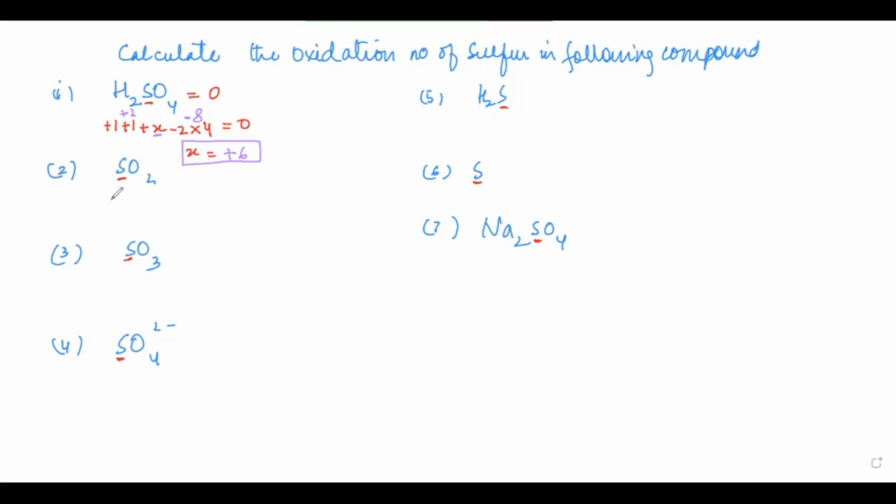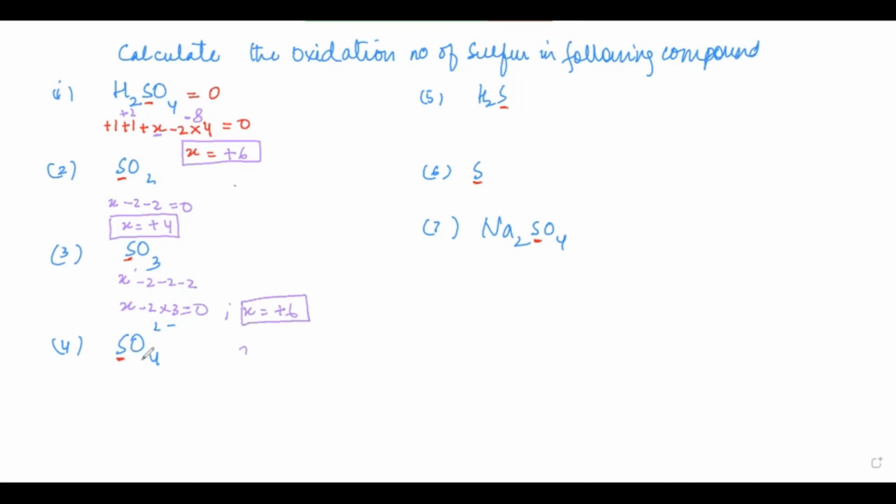Now coming to the next part, sulfur dioxide. Sulfur dioxide, let's again assume it as X. Oxygen will be -2, and overall oxidation number is 0. So X की value कितनी होगी? It's going to be +4. So oxidation number of sulfur in sulfur dioxide will be +4. Coming to the next one, sulfur we need to find out. Oxygen is how many? 3. So you can write it down like this, or you can write down X plus 2 times 3 equals 0. So basically x की value कितनी हो गई? X will be +6. तो आप देखिए सल्फर की different compounds के अंदर oxidation number different हो रहा है।